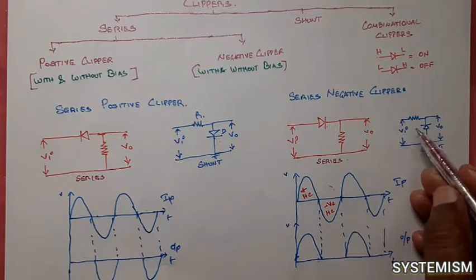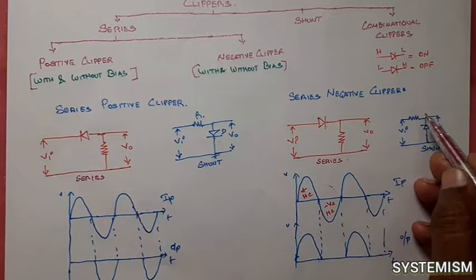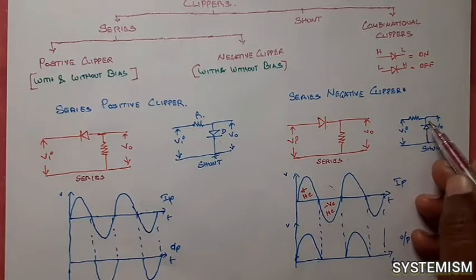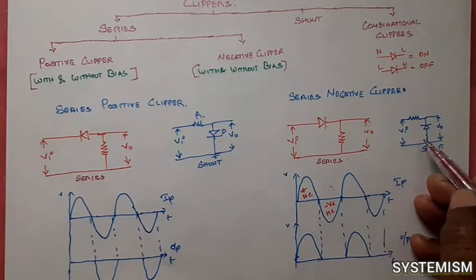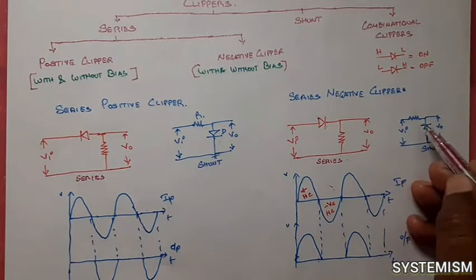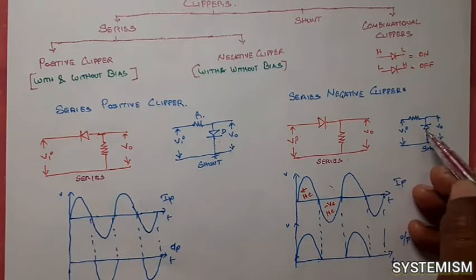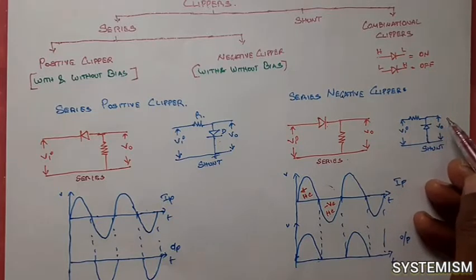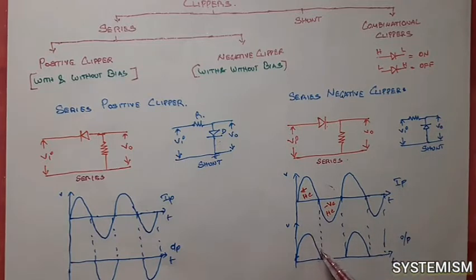Here, if you give positive values, here a positive value and here 0, you can check this diode is not going to turn on; this is the off condition. This side is high and this side is low compared to this side. So what happens to this diode? This diode will be in the off condition. If the diode is in the off condition, all the signal coming from this side will reach the output. So that is why we are getting this output.